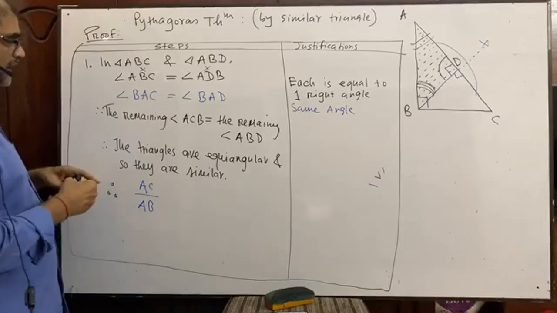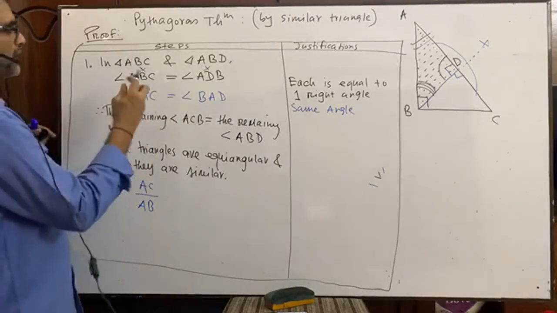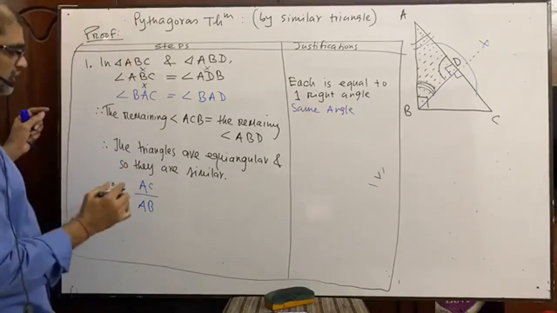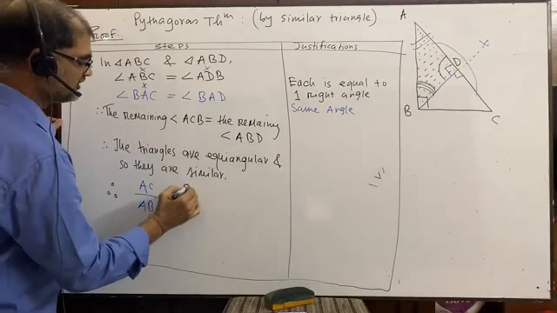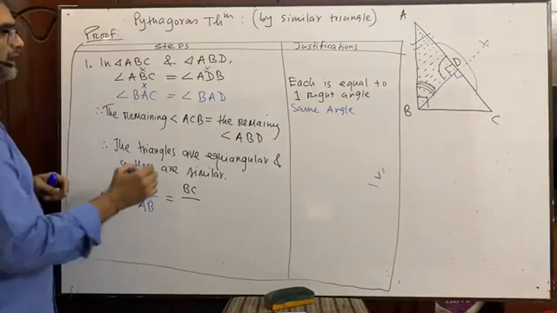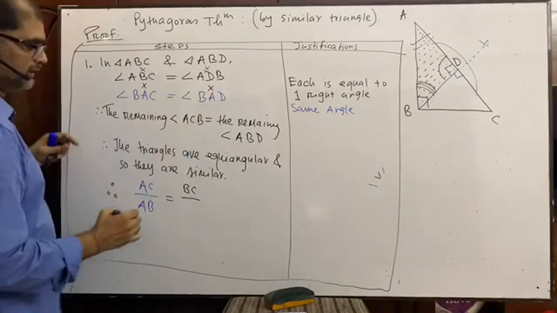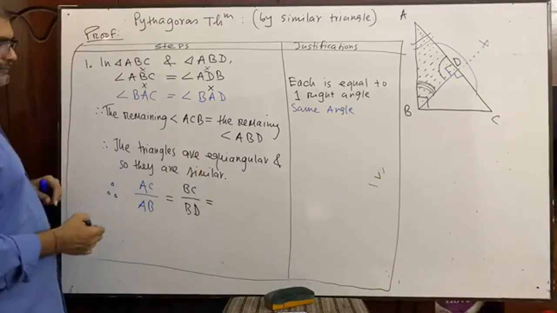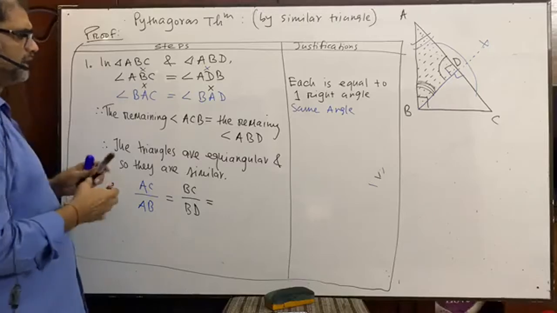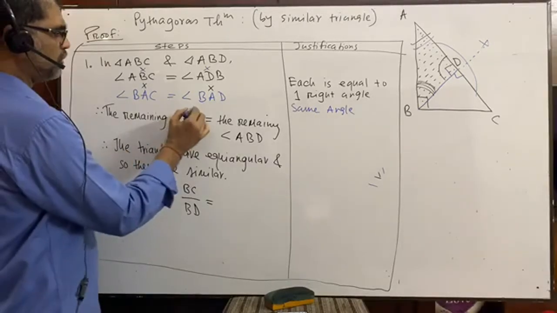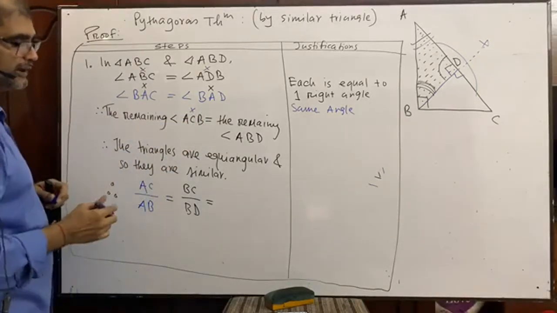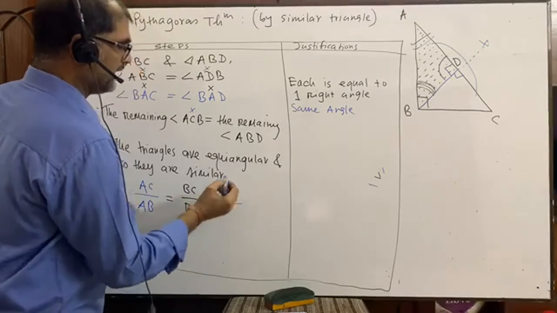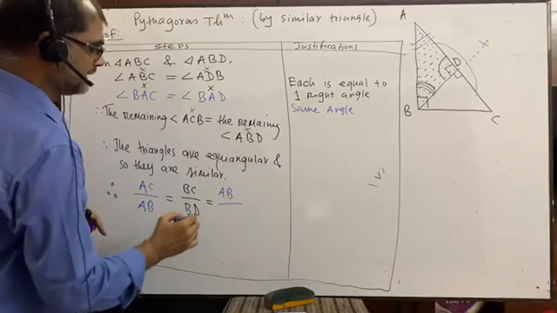Again, you omit here the midpoint A. Please pay attention. The midpoint A has been omitted. So what we will get? This is BC, and here you also omit this point. It is BD is equal to, here in the third line you just omit point C, the midpoint. I am telling you again and again, it is AB, and here it will be omitted, that is AD.